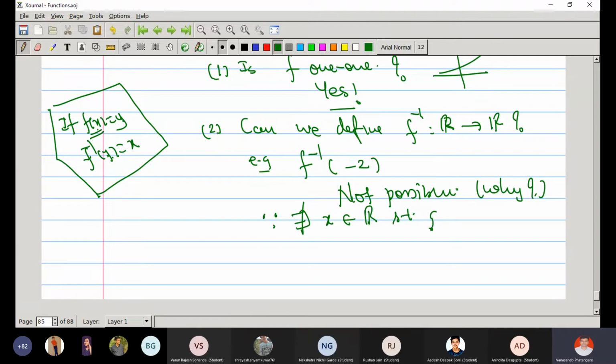If there were some x in the domain of f so that f of x is equal to -2, then we would have f inverse of -2 is equal to x. But this is not happening. What is the problem? There is no x for -2 because f is not